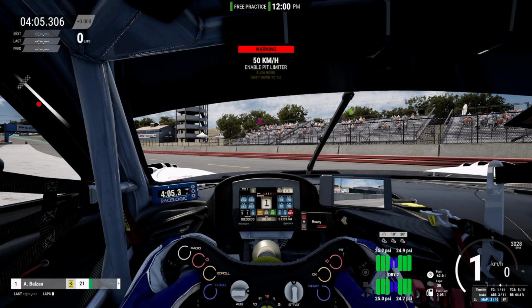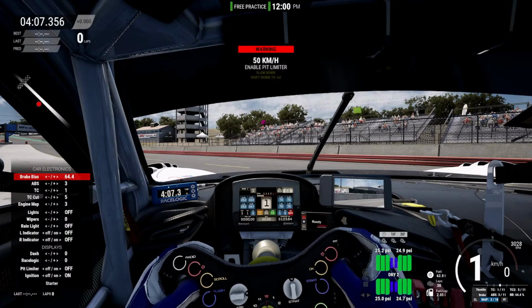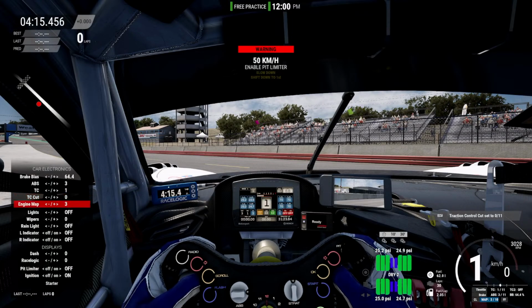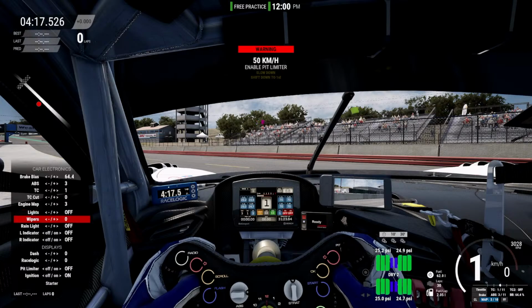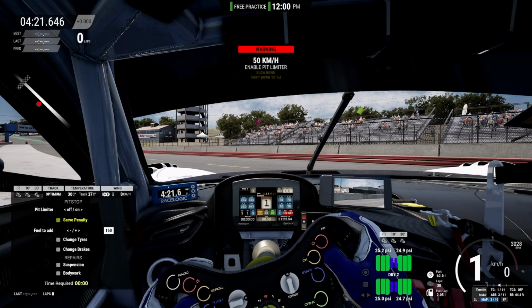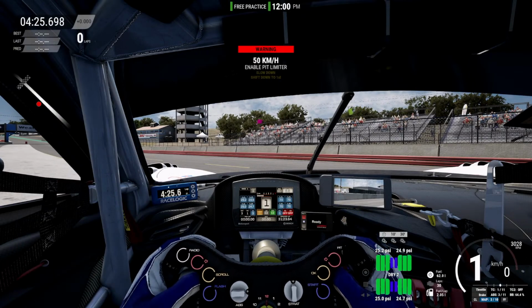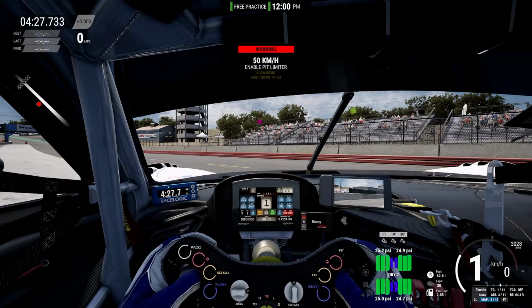Let me change because I can't do it on that. So let me change this TC cut to off. Engine mapping, I'm just gonna leave it on 3 because I don't know what any of this stuff really means. I mean, I know what it means just based off of what it's saying, but I don't know what it means. And